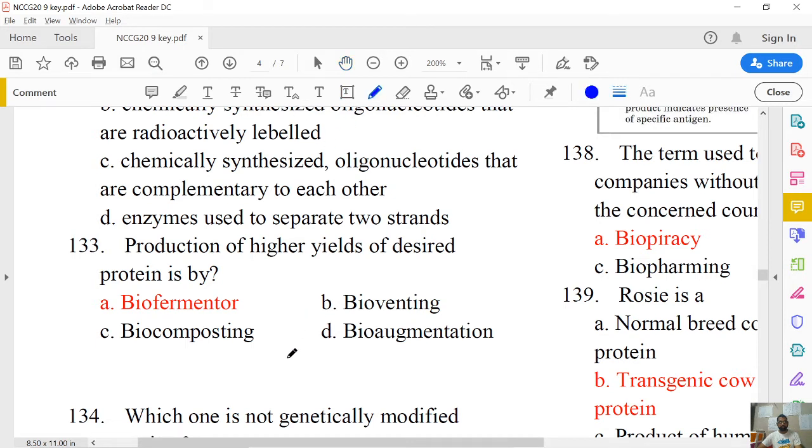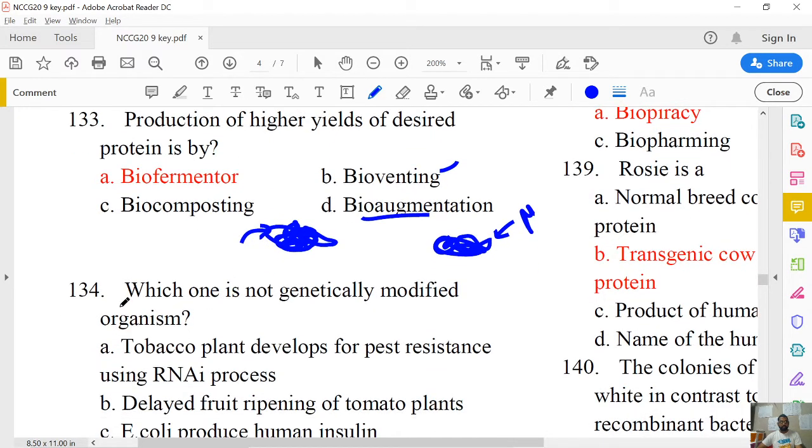Say I have some soil, inside which the bioremediation is taking place. If I increase the oxygen content of this, the bacterial growth will be increased and there will be increased bioremediation. That's what bioventing is. Whereas bioaugmentation is, if I have a soil and I am adding the microbes which are involved in the bioremediation, that is called bioaugmentation. So in the first case, microbes are already there inside this, and I'm just increasing the oxygen content. In the second case, I'm adding the microbes. So that's what bioventing and bioaugmentation are.